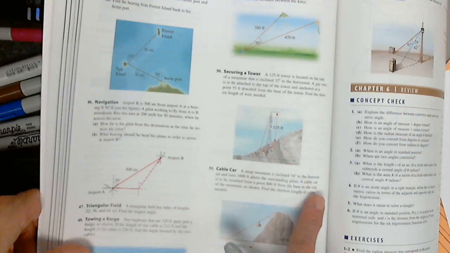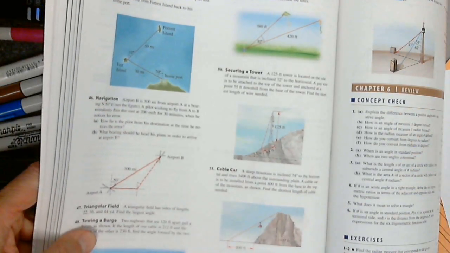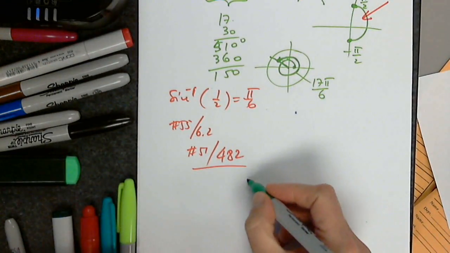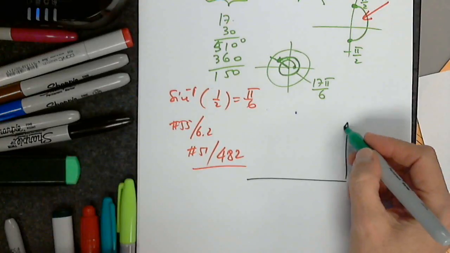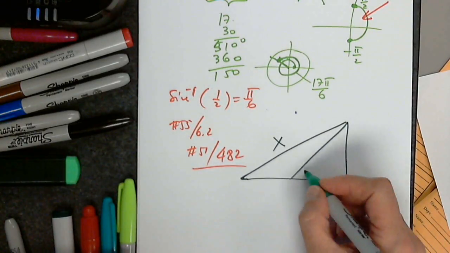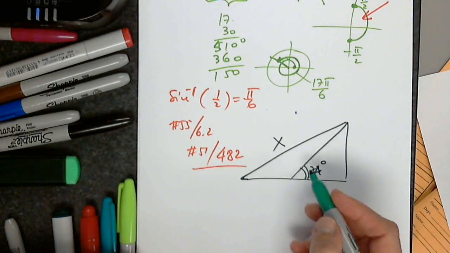From the base to the top of the mountain, as shown, find the shortest length of cable needed. So I'm going to copy the figure right here. We're asked to find x, and this is 74 degrees, and we have